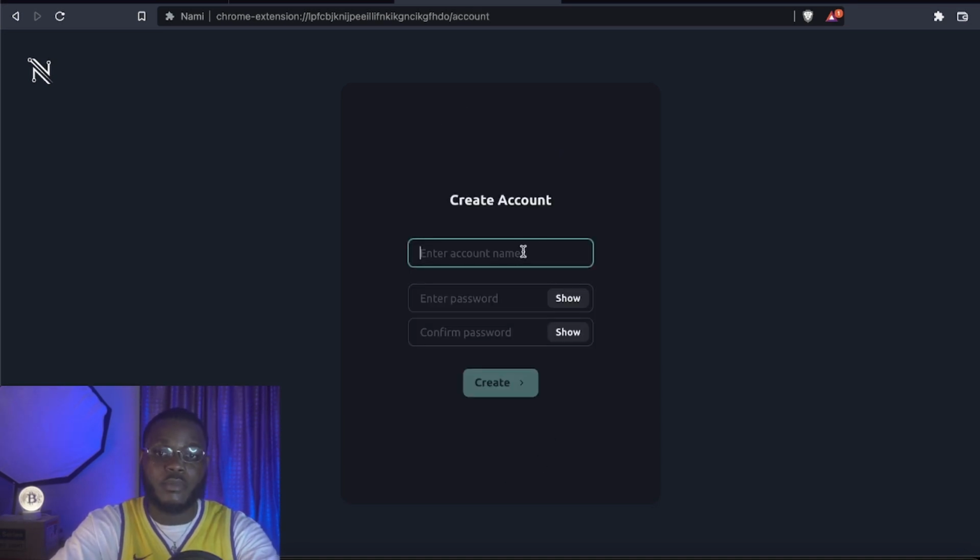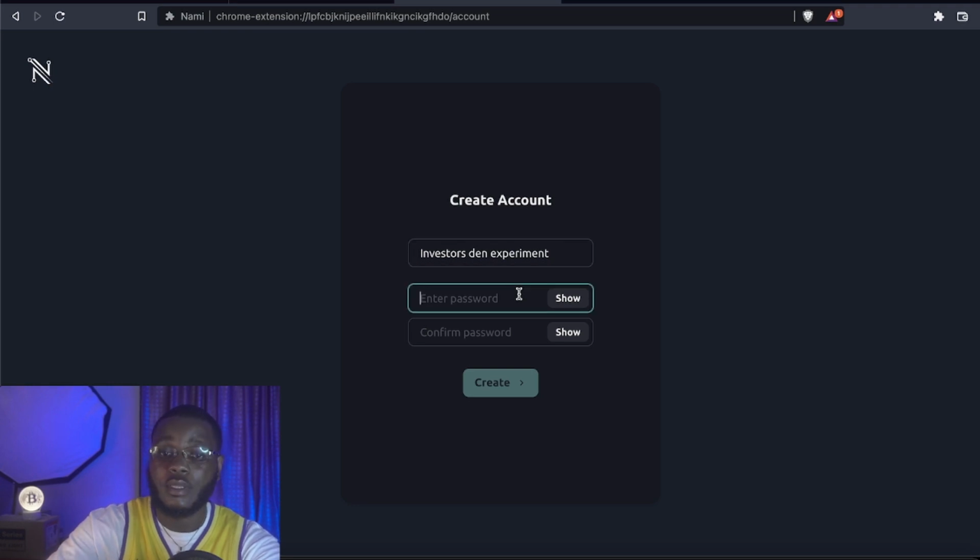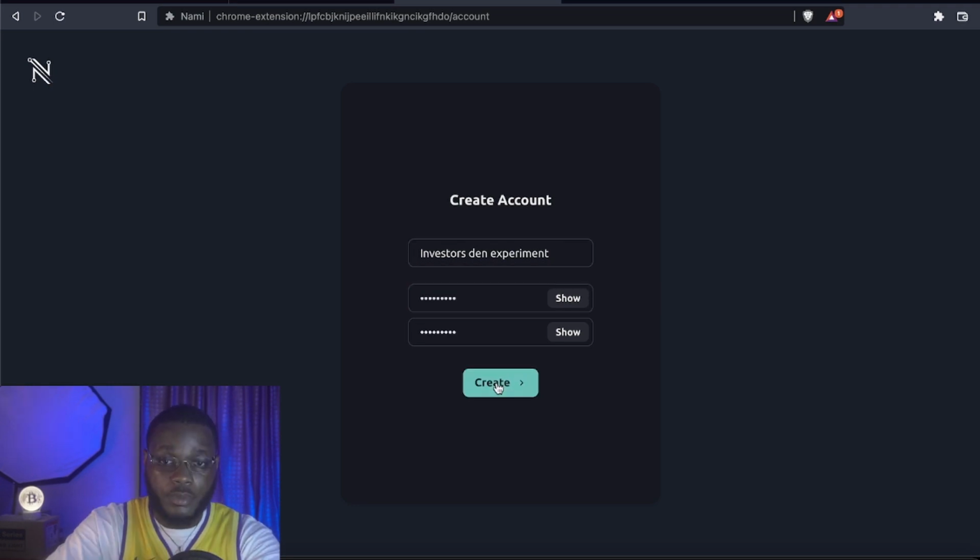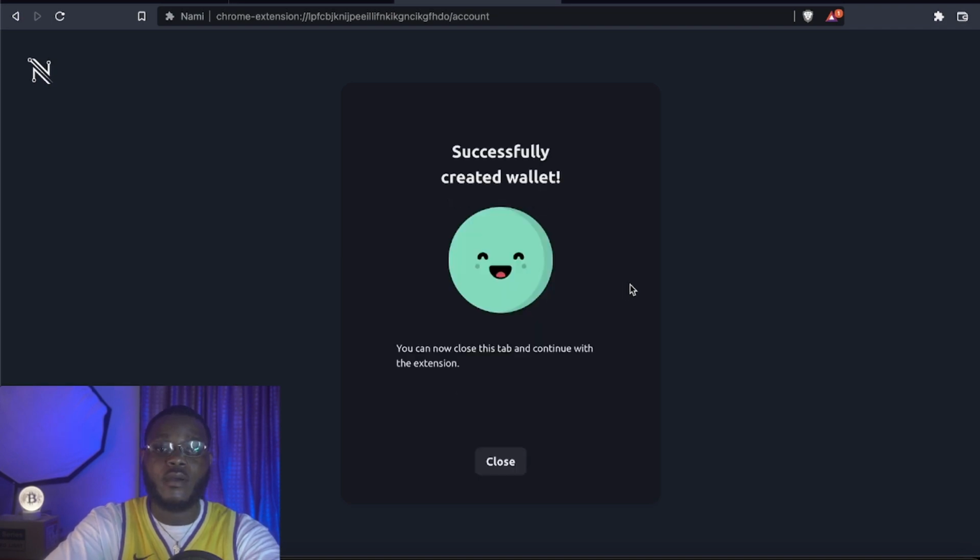Next, I'm going to name this investors experiment. There, and then the password, right? So connect, create. Alright, so I think I've successfully created the wallet,